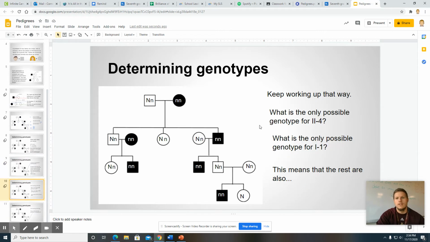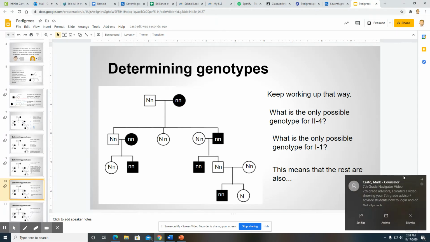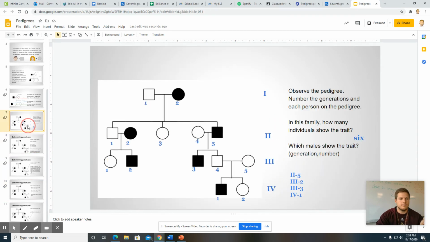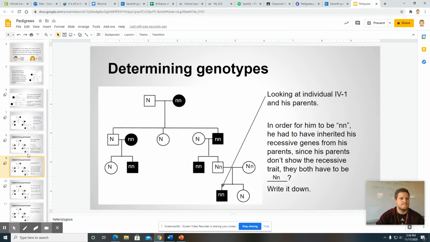Now, determining genotypes. Keep working up that way, okay? So what is the only possible genotype for 2-4? We know that 2 is this generation, and we know that 4 is going to be right over here. Now, looking up here, we know that this is 4. 1, 2, 3, 4, 5. Okay, it's that simple. So you have the oldest and their spouse, 2, the middle one, and then the youngest one and their spouse. Okay, so